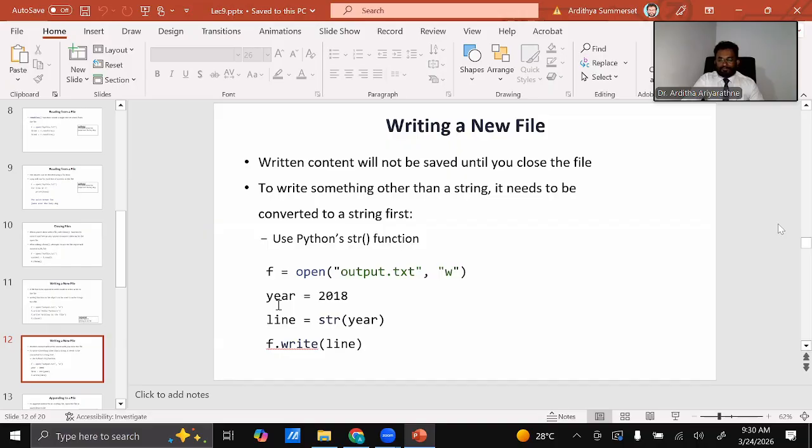But we know that we can't store integers inside files. So how to convert it? We are taking that variable as the parameter into the str function. Then the str function will convert that integer into a string and store it inside this variable called line. Now this line variable is a string. Then we can write the content inside this line variable into the file, right? Other than that, we can't store integers, floats, booleans into files. Files support only strings,